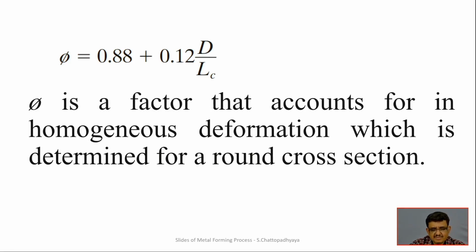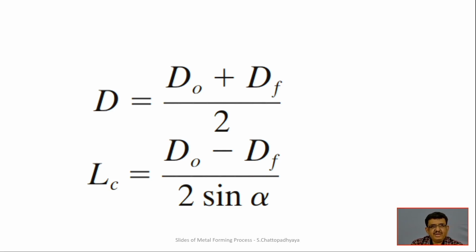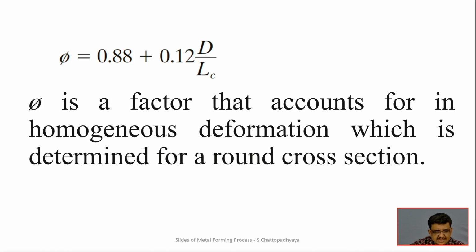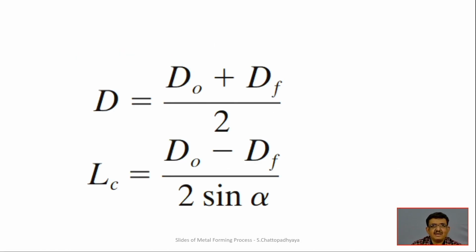So phi is determined in that, and we can definitely find out d, because in the previous cases d is the average diameter. What is the average diameter? Original diameter plus final diameter divided by 2. So that is d, and this Lc, geometrically we can easily deduce that Lc